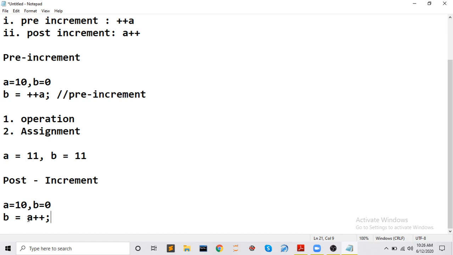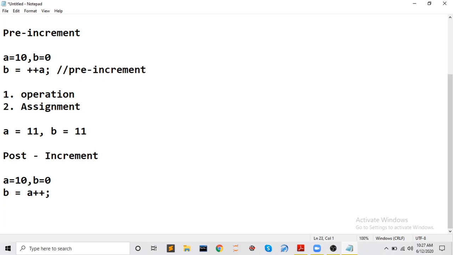By this time you should identify which type of operator is this one. As you can see, just see the operator whether it is before the operand or after the operand. Here the operator is after the operand. Operand is a and plus plus is the operator, that is an increment operator. It is after the operand, so it is post increment, right? And since it is plus, it is called increment. If it is minus, it will be called as post decrement, but here it is plus, then it will be called as post increment. Here what will happen, first assignment will be done.